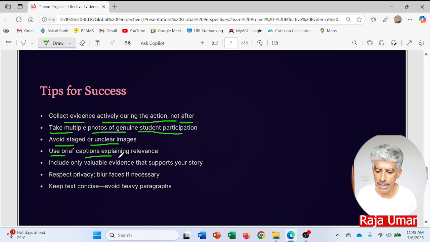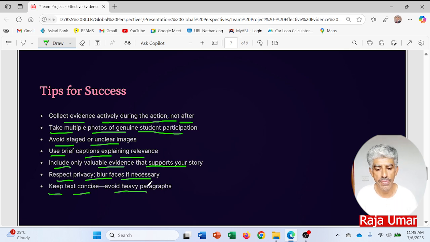Use brief captions explaining relevance. Include only valuable evidence that supports your story. Respect privacy. Blur faces if necessary. Keep text concise. Avoid heavy paragraphs. So it should be very concise, brief, effective and comprehensive.